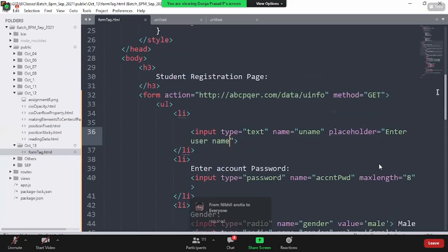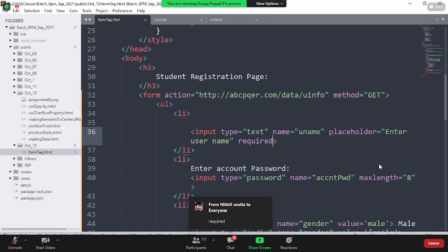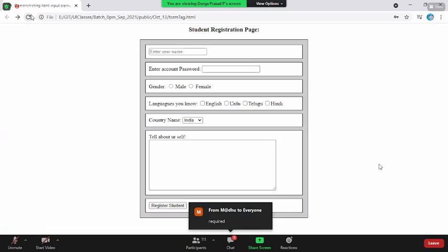Whenever you want to make any input element mandatory, simply add an attribute called required equal to true, or you simply say required. Whenever you say required, it will automatically become a mandatory field. Now, anytime you click on this button, you see here, automatically the form tag will create a pop-up for you saying that please fill out that field. You cannot leave that field empty.